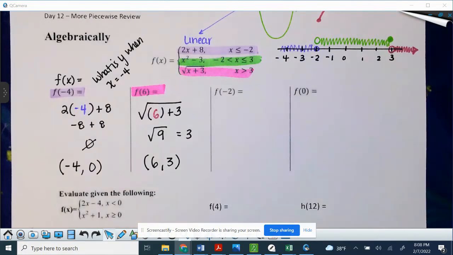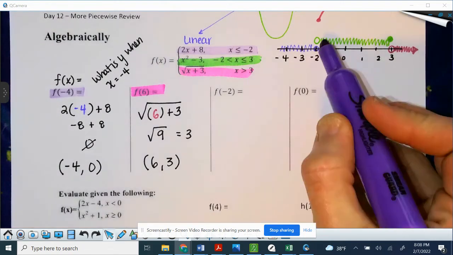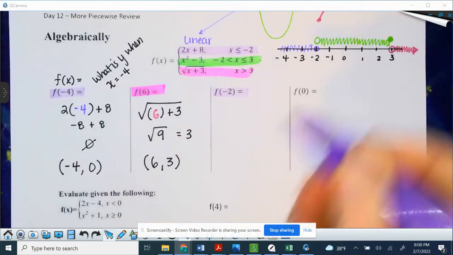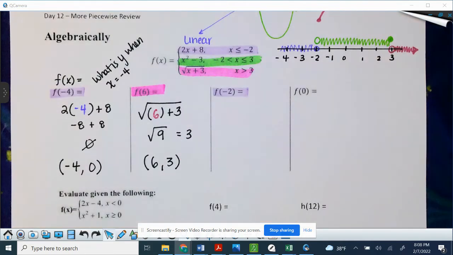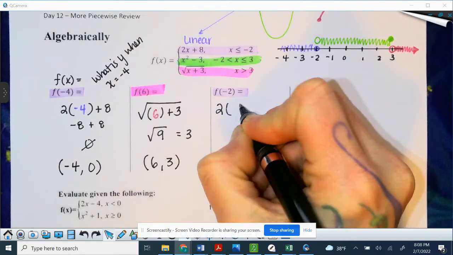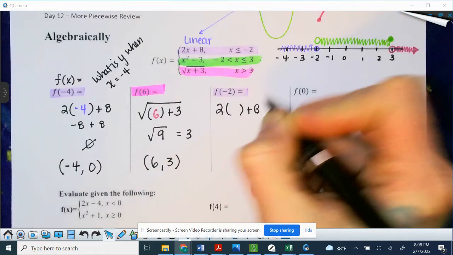F of -2. So be careful because it looks like it could be the green or the purple function. But the green function is not actually -2. Remember, that's our open hole up here for our green function. So we're going to use that purple linear function again. So 2 times whatever value they gave me plus 8. So 2 times -2